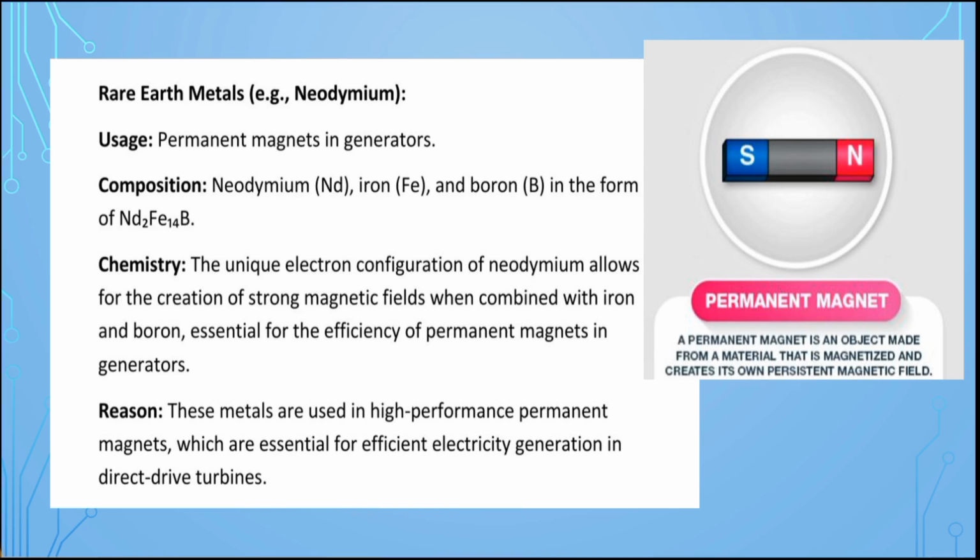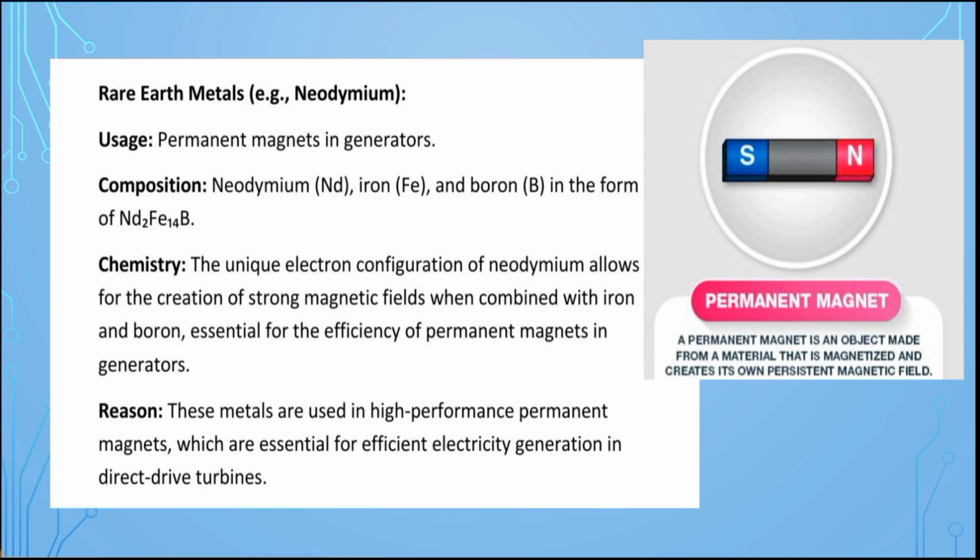When neodymium is combined with iron and boron, it creates a strong magnetic field, which is essential for the efficiency of permanent magnets in generators. These metals are used in high performance permanent magnets, which are essential for efficient electricity